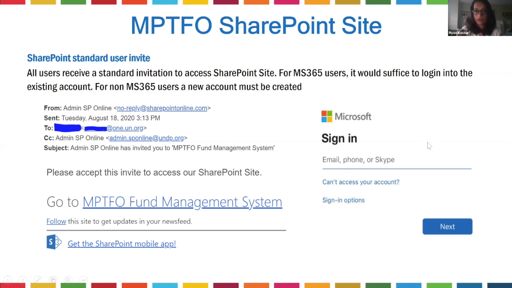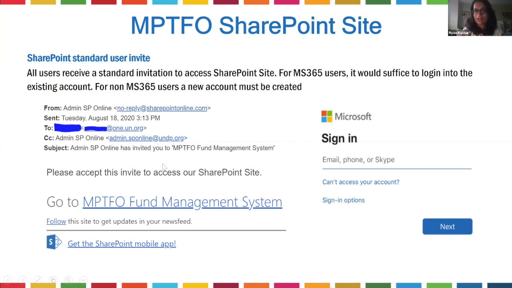It will ask you to log in because it is a Microsoft SharePoint site with a Microsoft 365 account. For most users who are on un.org or one.un.org or anybody who's using Microsoft 365, you can use your existing Microsoft login account. The only thing I'd point out at this stage is that a lot of our RCO focal point colleagues have a un.org as well as a one.un.org email address. So do pay attention to the email address receiving this email, because that is the account that is associated with the system, not your other accounts.